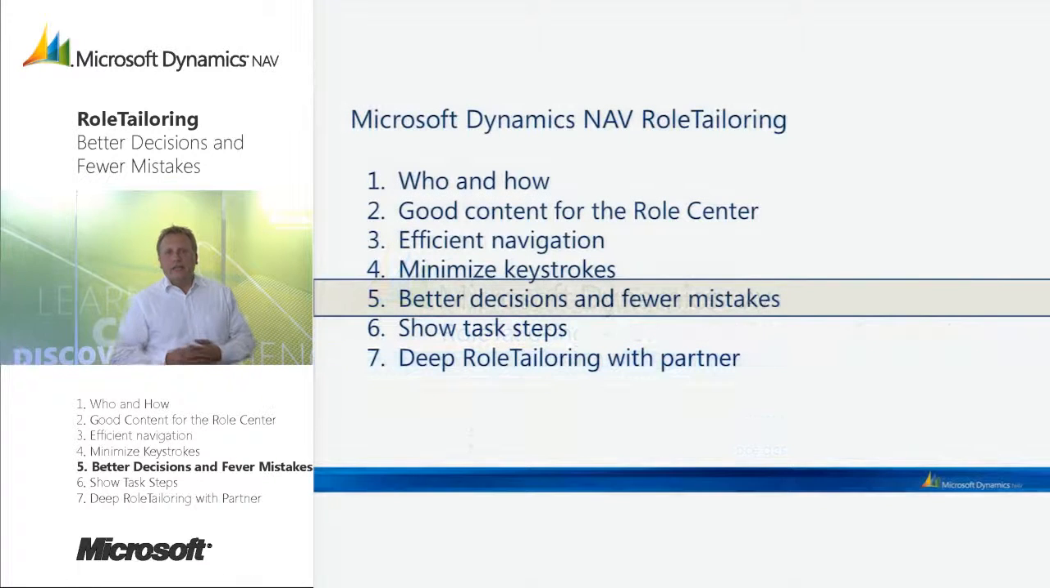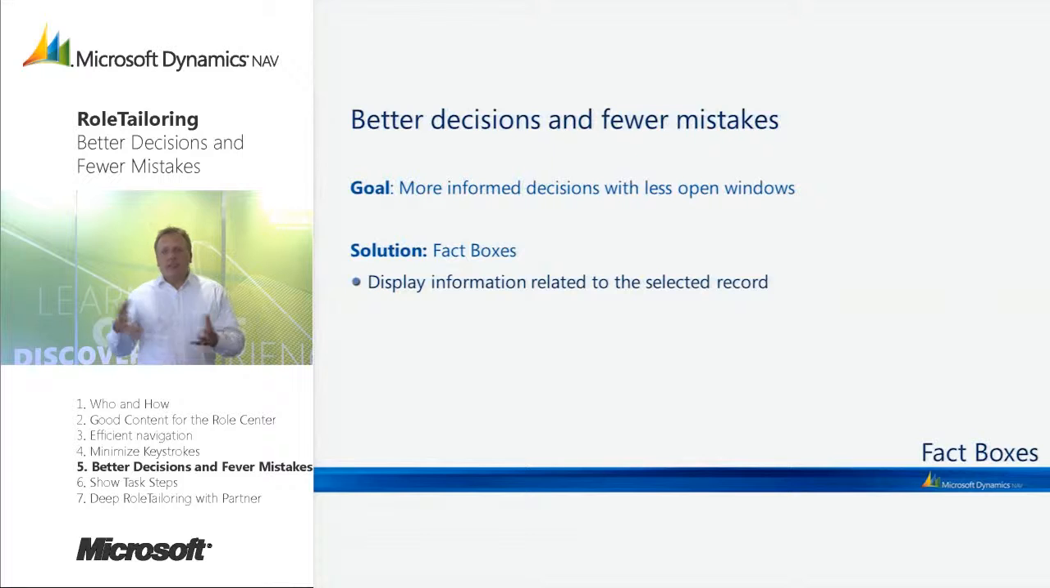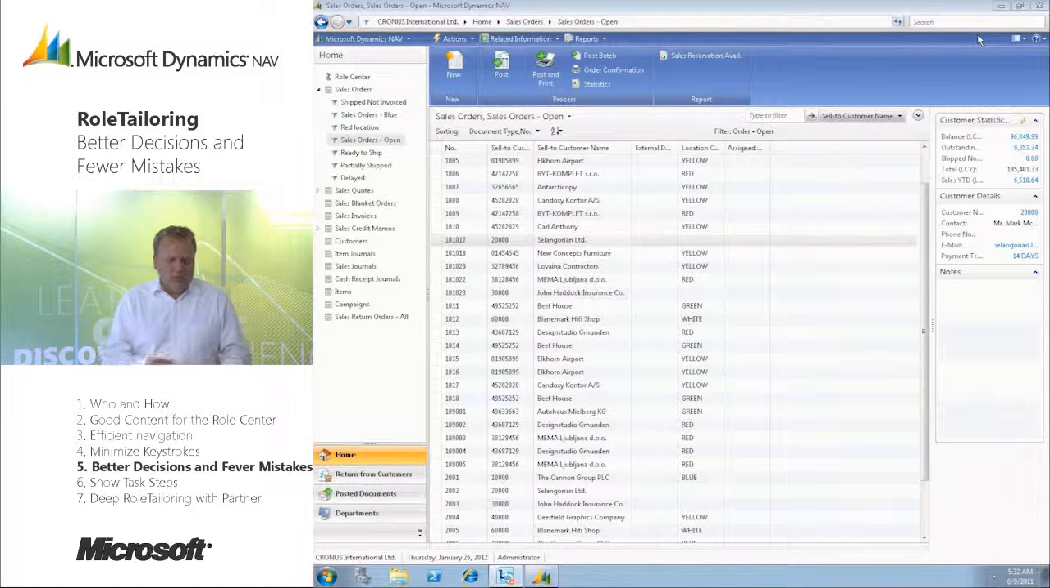So this session is the fifth in a row of 7 short videos about role tailoring Microsoft Dynamics NAV, focusing on making better decisions and fewer mistakes. The key element here is about having fewer windows open when you do your daily work, and we have a fact box that will help you provide information in any given context about the entity you are working with. But rather than trying to explain that, why don't we look at the product as such to see what it